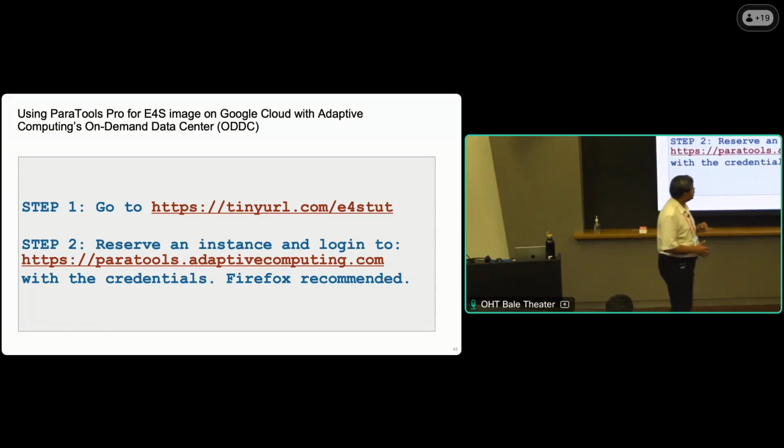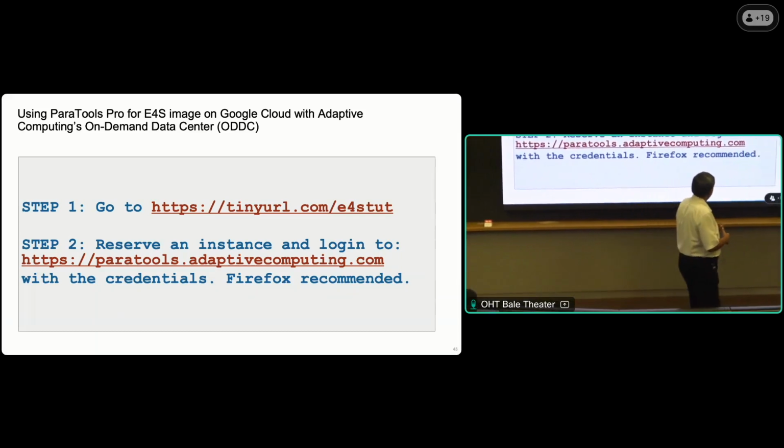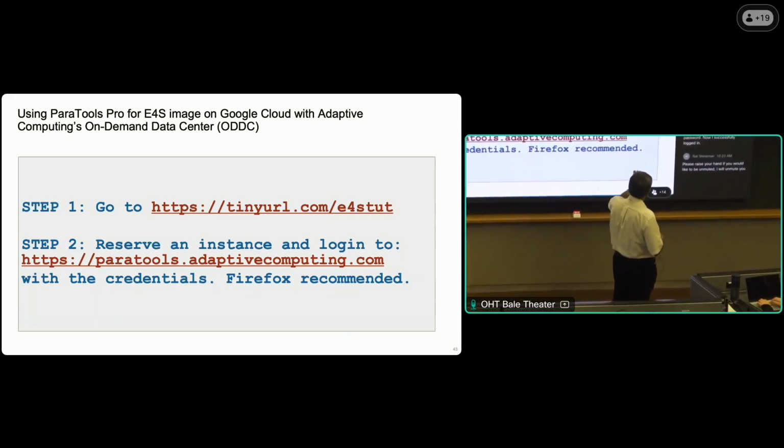I see some questions. I'm not able to connect. I'm taken to a Google Doc. Yes, that's the intent. And Matthias, you should be able to reserve a tutorial login name and then connect to